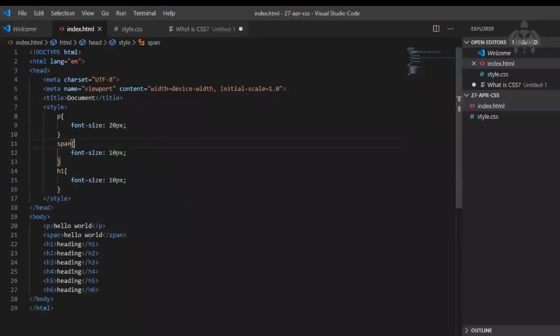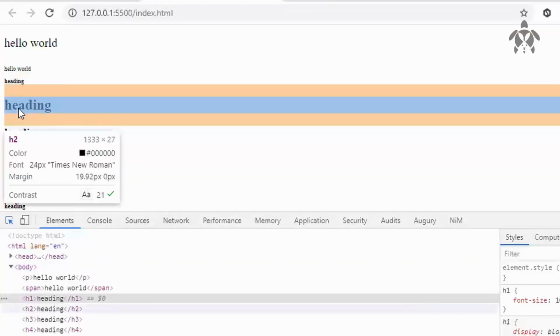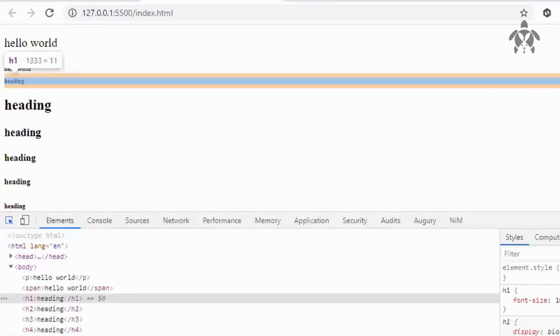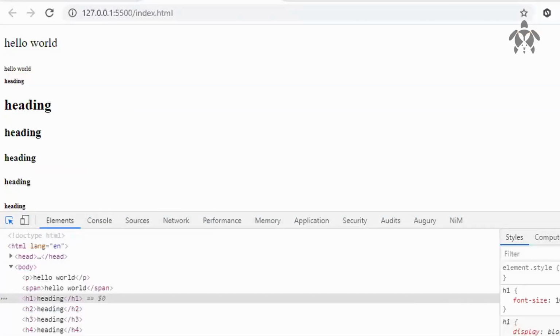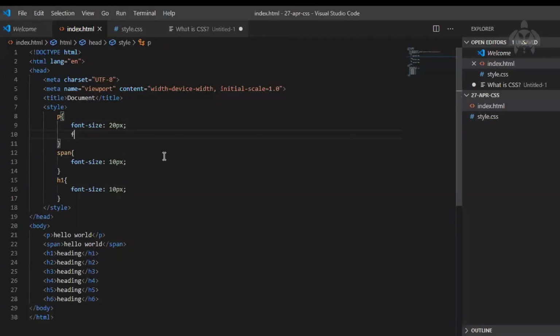So basically, font families you have seen. The default is Times New Roman. See that? For every browser the default font family is Times New Roman only. Okay. Now, if I want to change the font family, then I can write font family and change it. Let's say if I'm writing